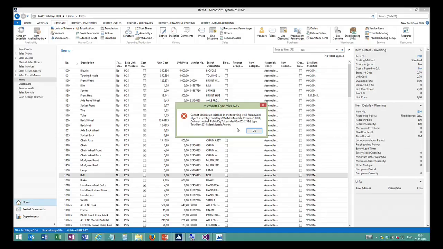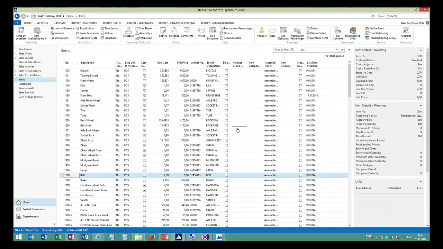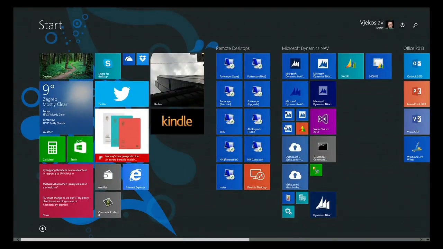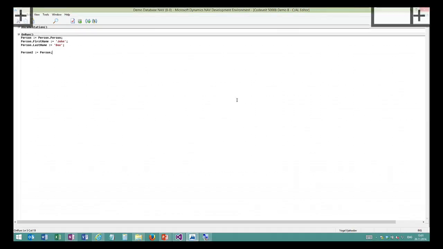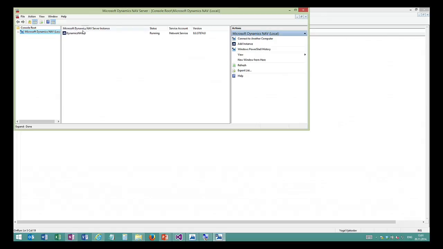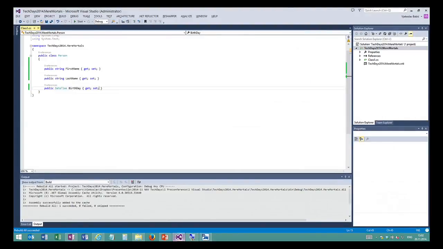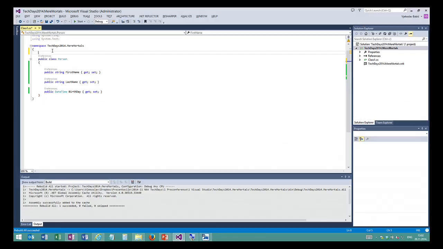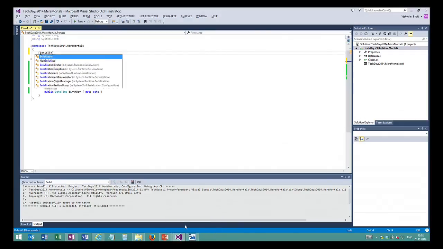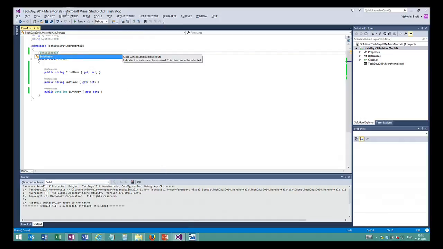So how do I fix this error? It's very easy, in fact. Here I will just stop my service tier and stop my client. I have 1 more minute to go, which is exactly as much time as I need. So I'm restarting this, and I'm going to restart this as well. Back in my C#, I just need to add the attribute called serializable. That's all. So I now rebuild this,